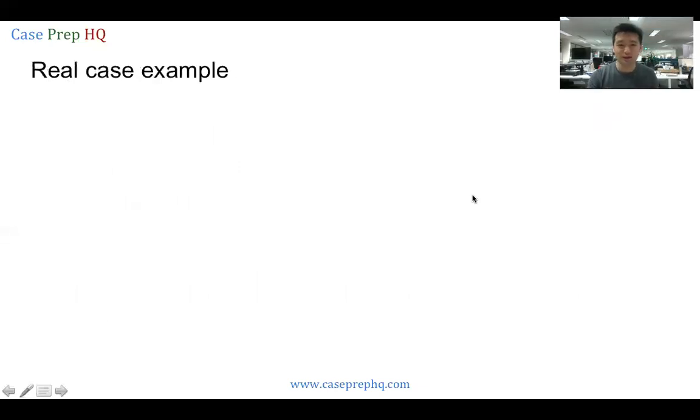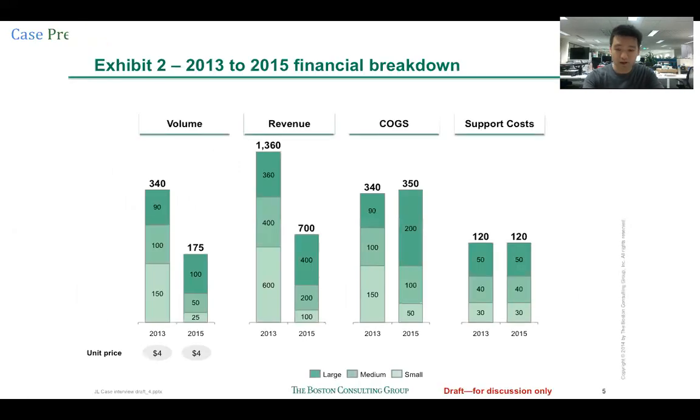I think I've talked a little bit theoretically about it, but maybe it'll become clearer with a real case example. This is a BCG case that we know has been given historically to candidates with BCG. If you've been following along with this Ace the Case series, you'd know that it's related to a dynamite manufacturer. Their profit and profitability has been dropping over time. And previously, we established it's probably due to some high fixed support costs for what are, on a revenue basis, relatively smaller